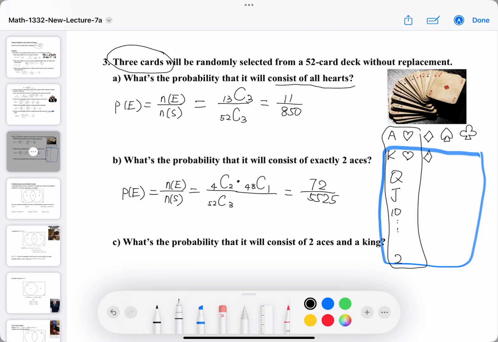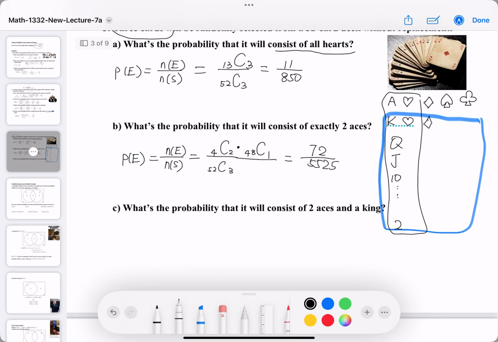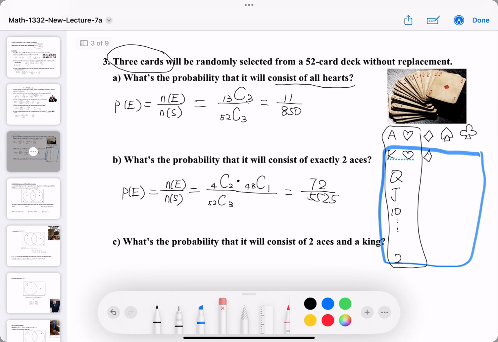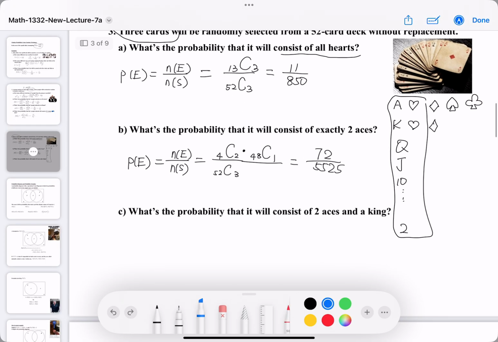Okay, let's see the next example. What is the probability that we will have 2 aces and a king? So 2 aces are coming from these 4. And a king, so maybe the king of hearts, or diamonds, or spades, or clubs. And also we have an "and," that means multiply. So P of E,